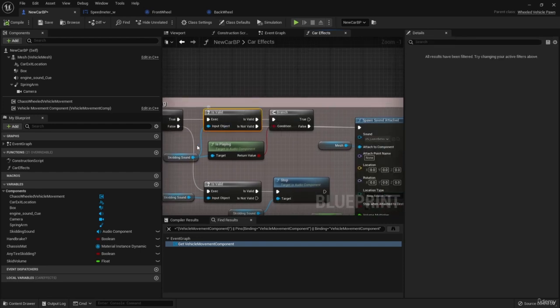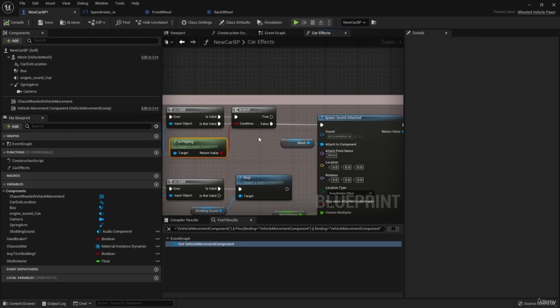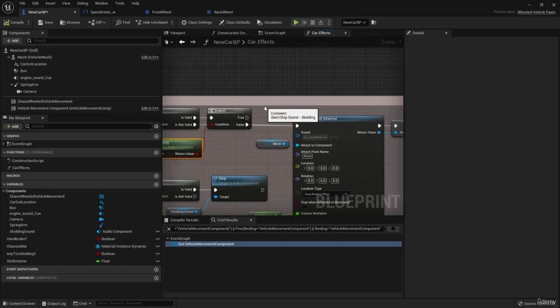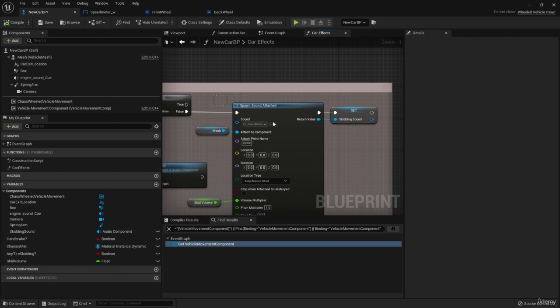And if it's true, we're just checking if this component exists. If it does exist and it's playing, don't do anything because it's already playing. You don't have to do anything. And then if it's false, we are spawning the sound